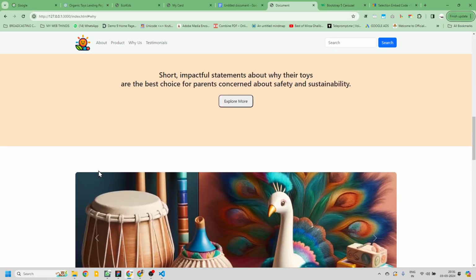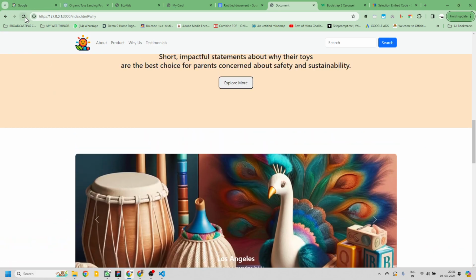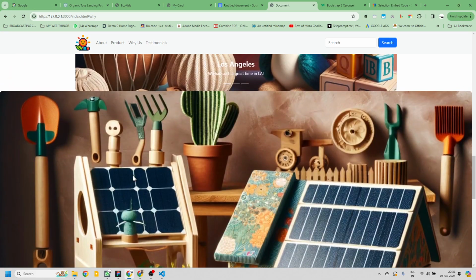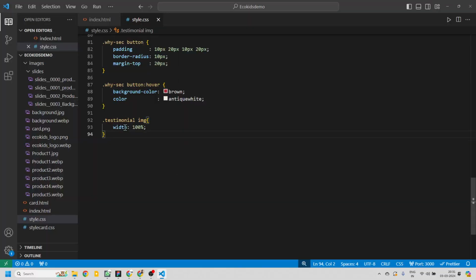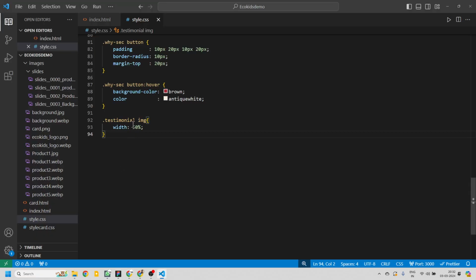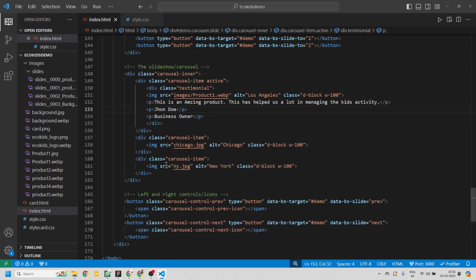Let's see if it did anything to our page. Let me refresh quickly. No, it's acquiring the 100% width. We don't want that. So what if I change it to 50%? I'm just testing if we have rightly targeted the sections. No, it's not affecting anything. Let me quickly check the spelling of the testimonial class. Okay,